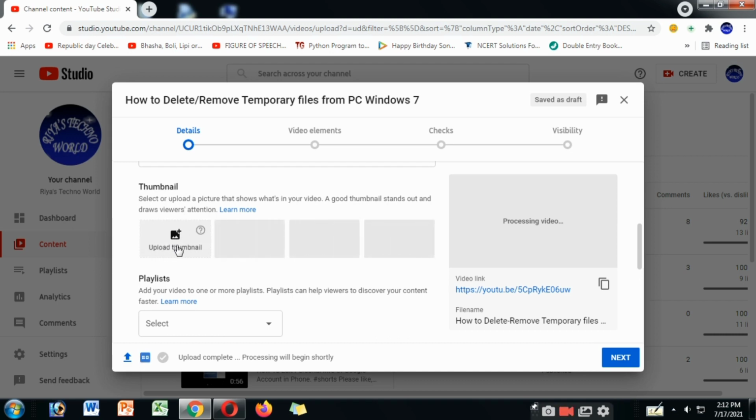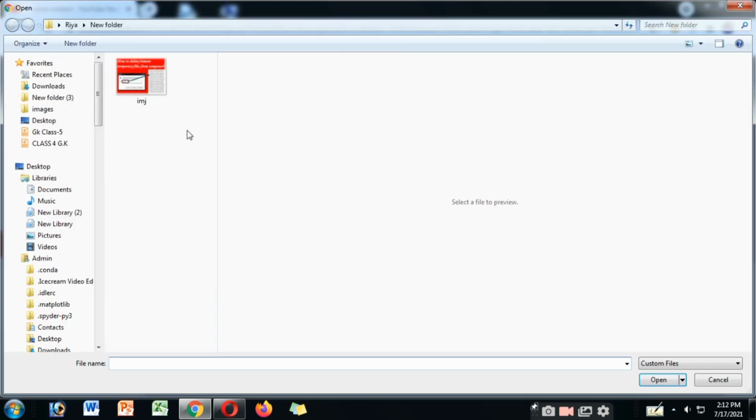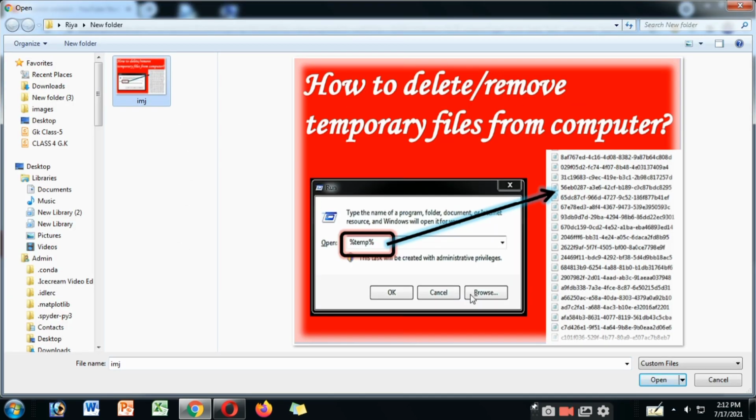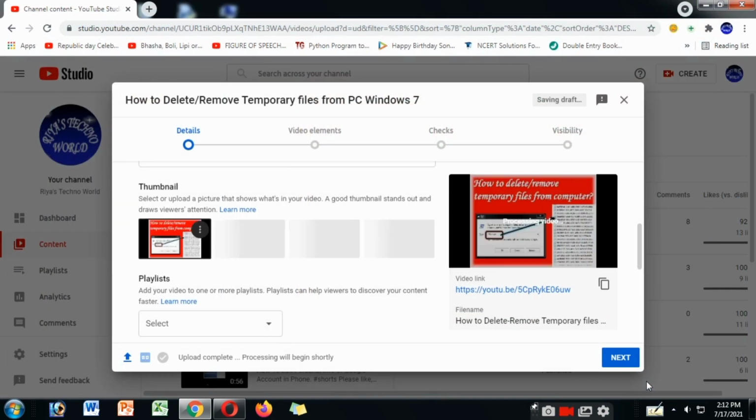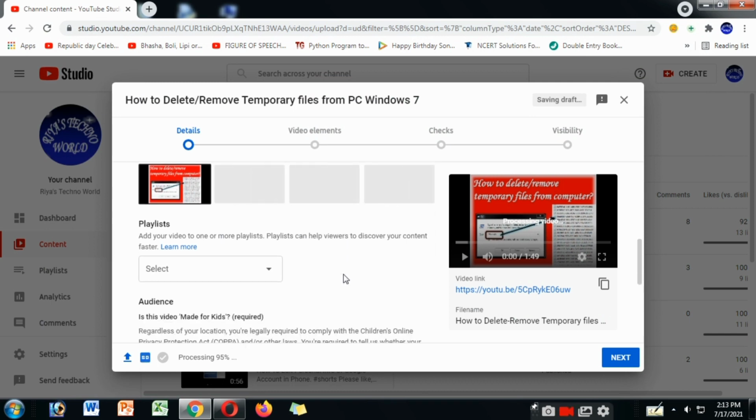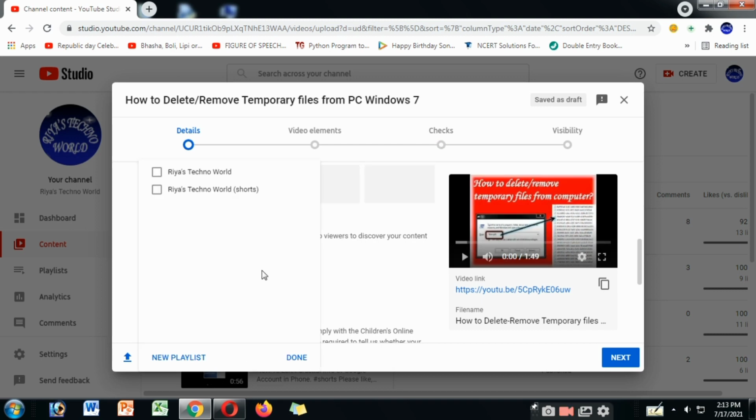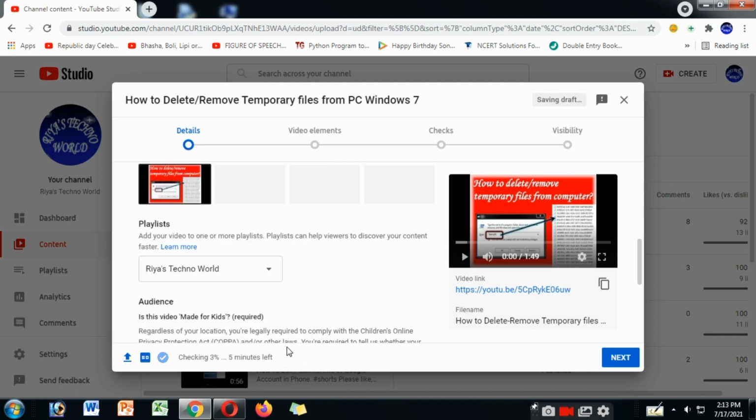So click on Upload Thumbnail. Then we have to select the playlist and click Done. Playlist helps us to organize videos.